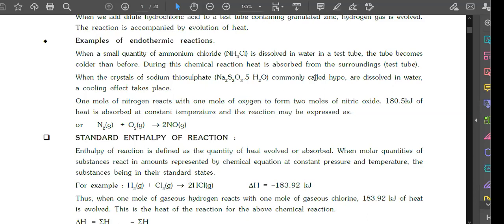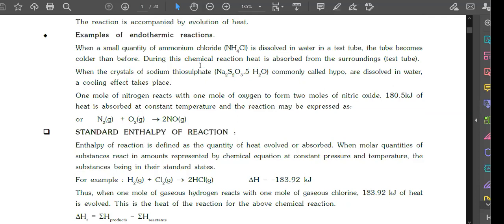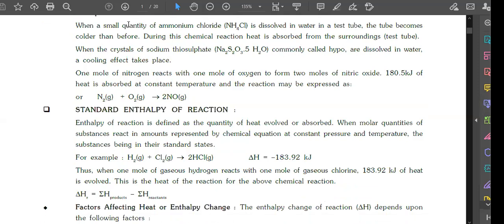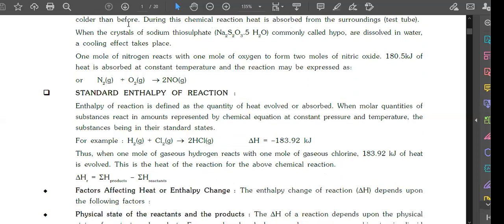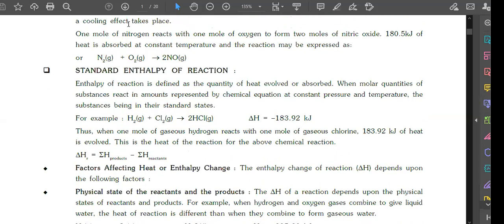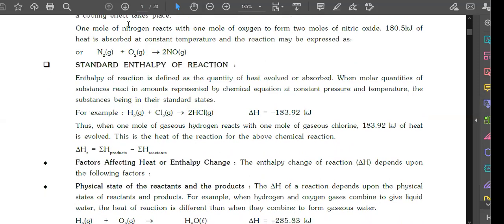So yeah, we know that the standard enthalpy of reaction is your net change of enthalpy for an overall reaction, which is the sum of enthalpies of product minus the sum of enthalpies of reactant, right? That we have seen in last class, right? So let's see what are the factors which will affect this enthalpy, right? Just think about this. The first